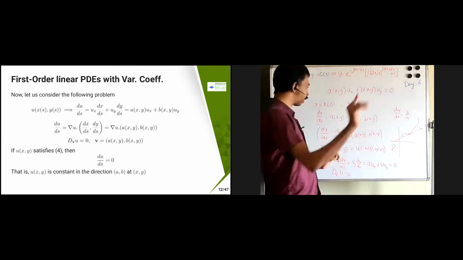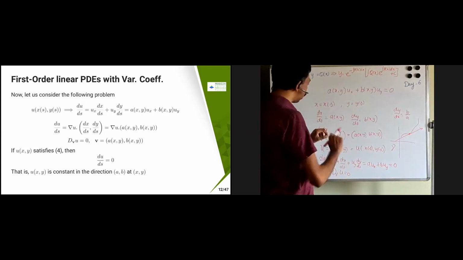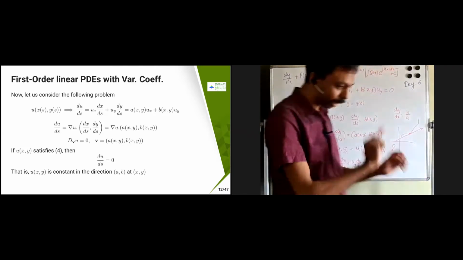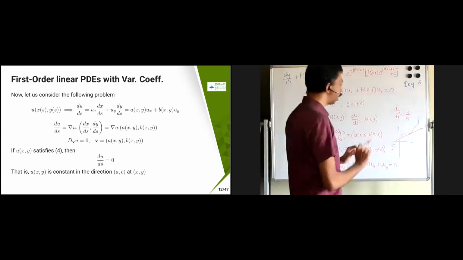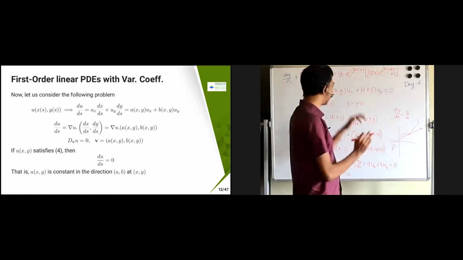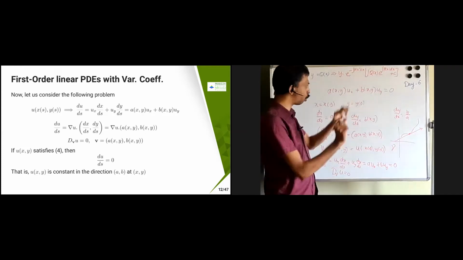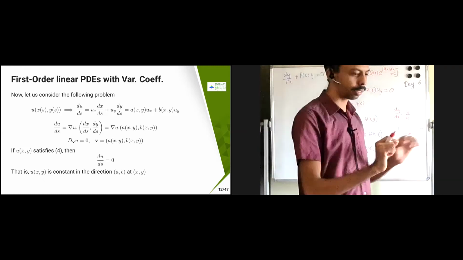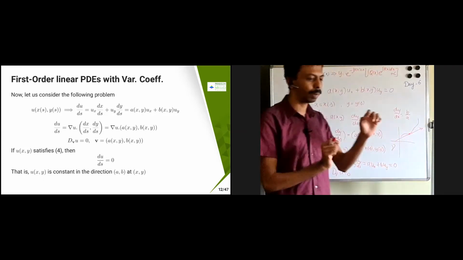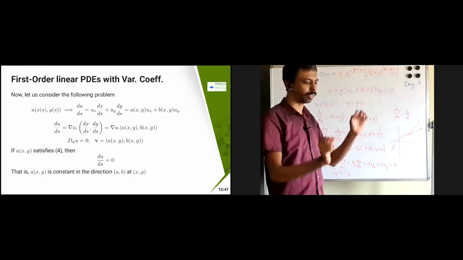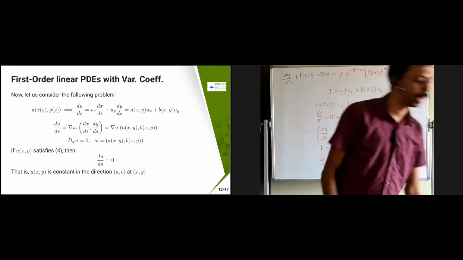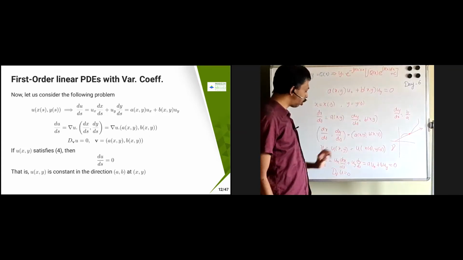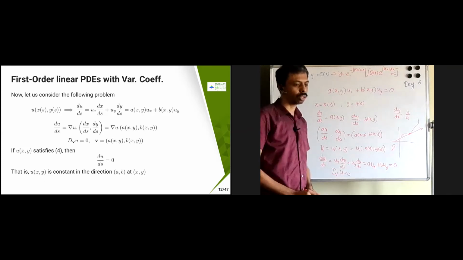So that means along this line, the characteristic curve which I am trying to trace, along that curve, actually it is not a line now, it is a curve, the direction is going to change because here the coefficients are not constant. Whenever x and y change, a and b also change. That means it is not going to be a straight line, it is going to become a curve. This we call the characteristic curve. So du equal to 0, then u is equal to some constant.